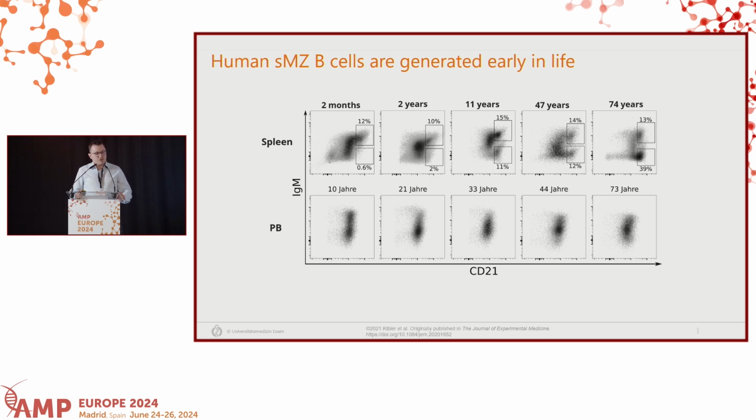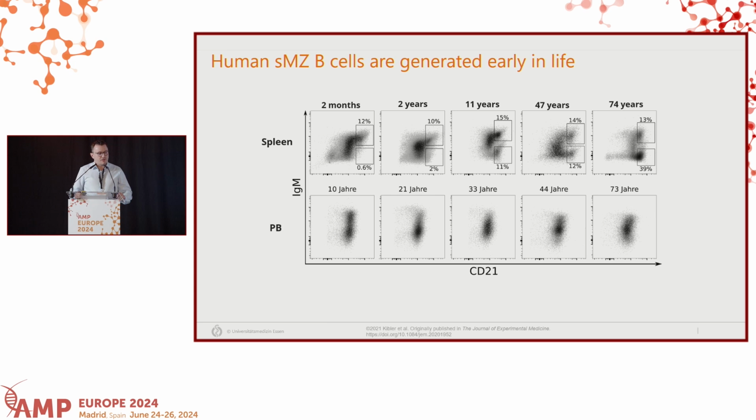Here, again, you can see the major difference between spleen and blood, so the presence of the marginal zone B cell compartment, which is gated here in the upper row. And by a combination of IgM and CD21, we can distinguish between conventional IgM positive marginal zone B cells, as they are, for example, characterized in mice, which is a large difference to mice. There's also an additional compartment of CD21 high cells expressing either IgG or IgA. So this is a class-switched compartment of marginal zone B cells. These cells obviously have more past germinal center experience.